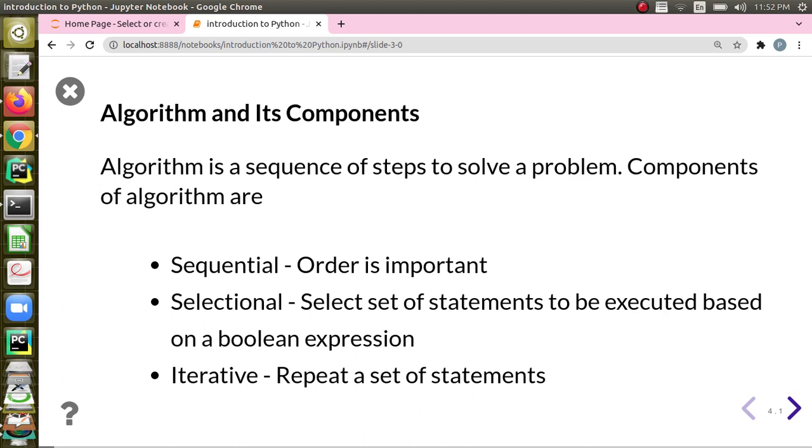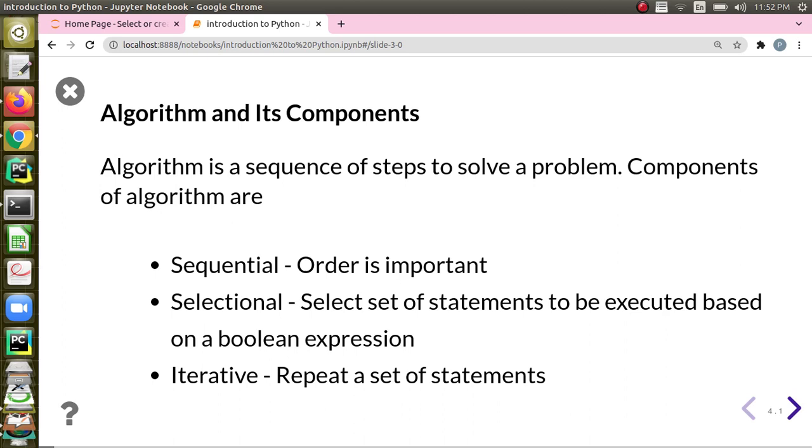If you have to get into a bus by 7:15 in the morning, then you may have a plan like you have to wake up by 5:30 and do your morning stuff, and then take a bath, and then have your breakfast by 7:10, and step out of the home and reach the bus stop. You have a sequence of steps that you will be following. That is the basic idea of an algorithm, right? And we can think of reaching college as a problem, right?